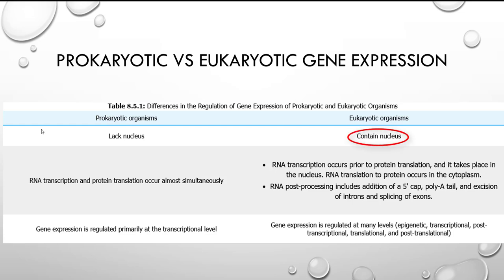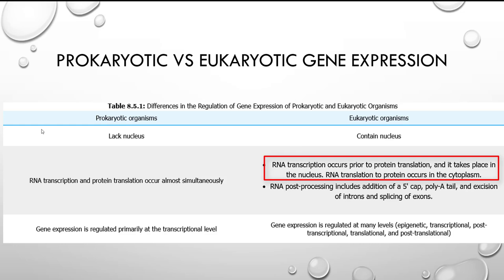Because our DNA is housed in the nucleus, we have transcription occurring inside the nucleus of the cell. And so we have to complete transcription inside the nucleus before the completed RNA, mRNA specifically, transcript leaves the nucleus and then travels out into the cytoplasm, where it attaches to the ribosome and completes translation outside of that.